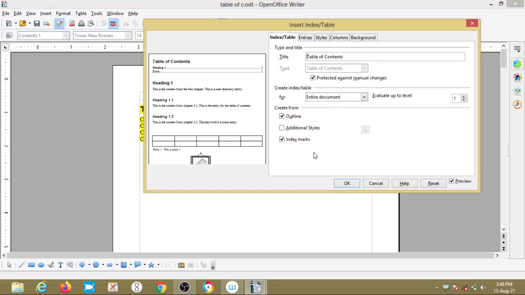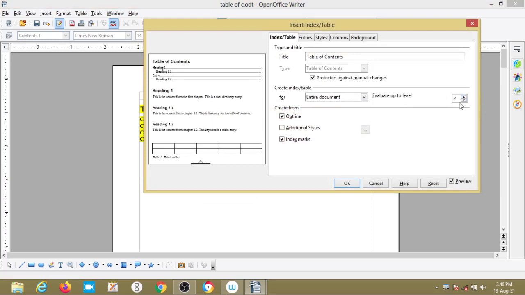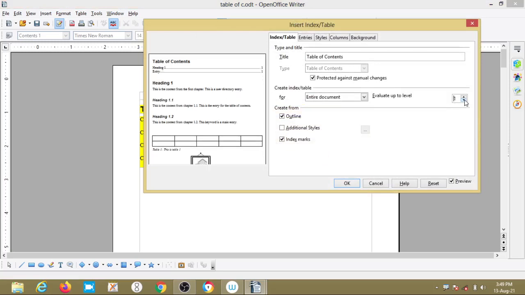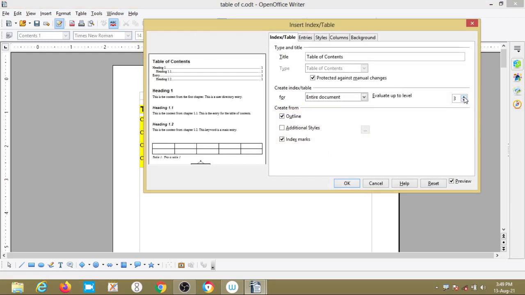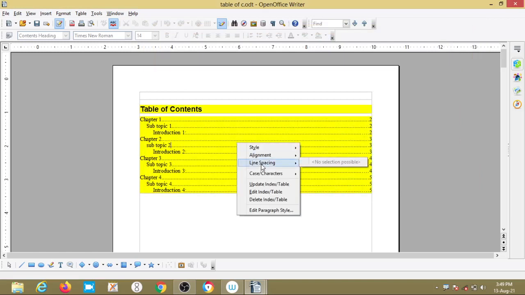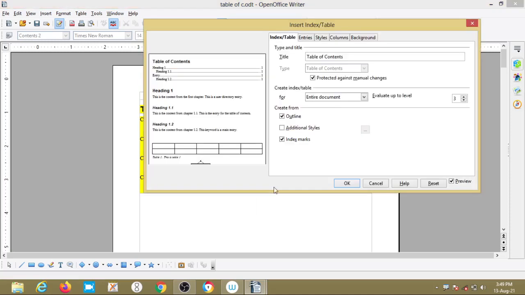So 1 means only chapter names, 2 means headings also will be visible. So next edit 3, it is not visible. So okay, introduction is also visible up to 10, that is the number of headings it will show. Okay. And one more thing I want to tell you, I can make that level 10.